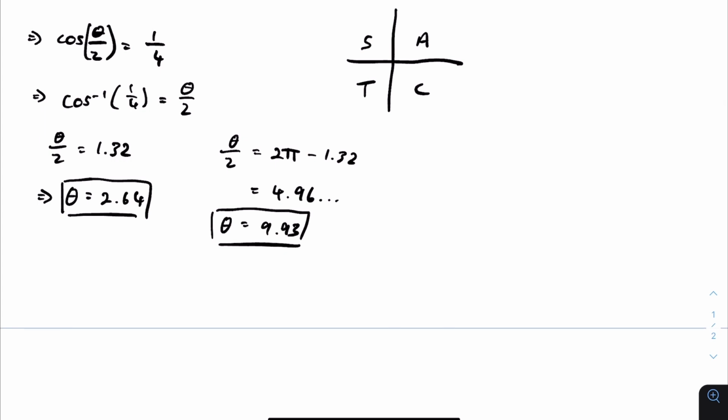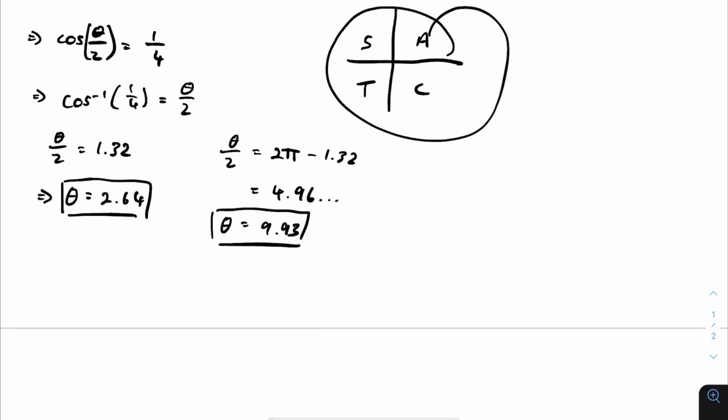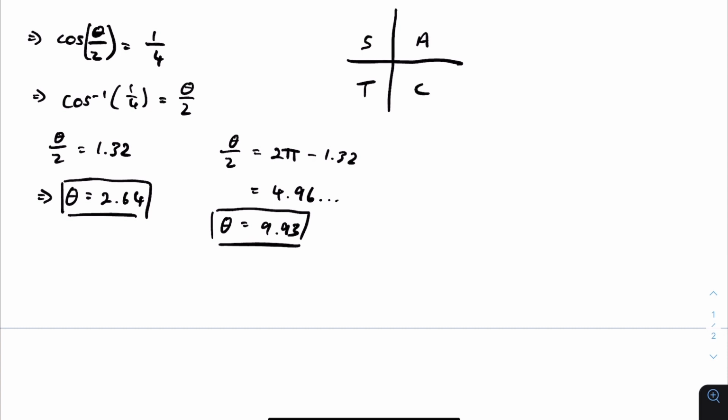Right now, all these values are within that range, but we just have to make sure that they don't go over. So there are actually more solutions we can check just to see if there are any more that we're leaving out. So if we added 2 pi to our first solution, we'd go around the circle once and then go back. So 2 pi